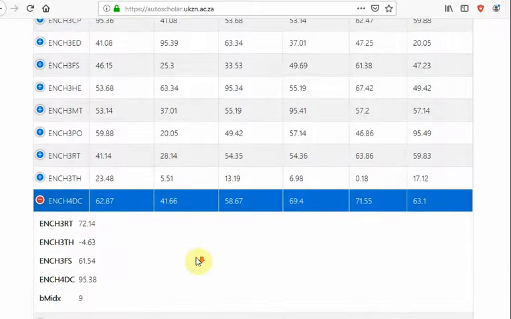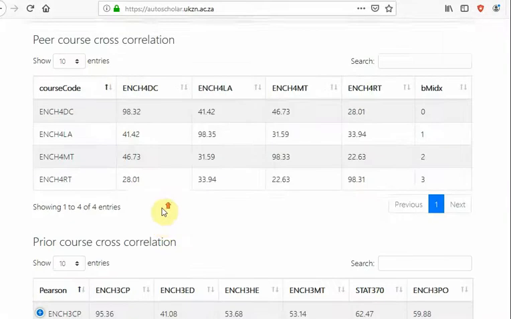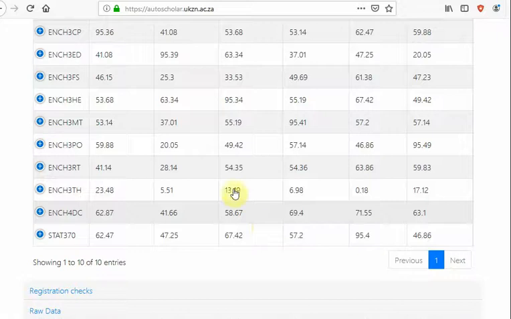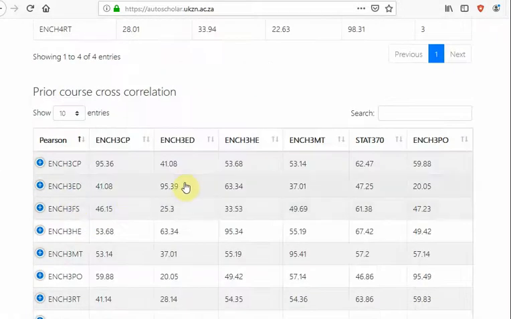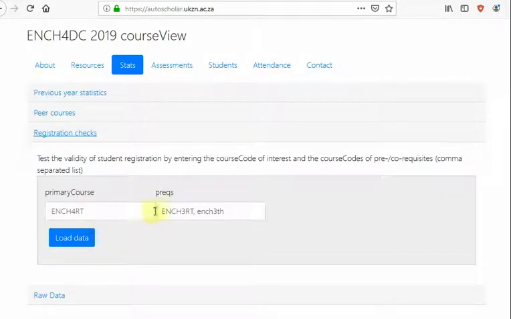So this is an indication that we could use these earlier courses to predict the likelihood of a student passing or failing this course. So the correlation extent of a course gives us some indication of how this course stacks up to its peers and its priors. Okay, so moving on, under registration checks,